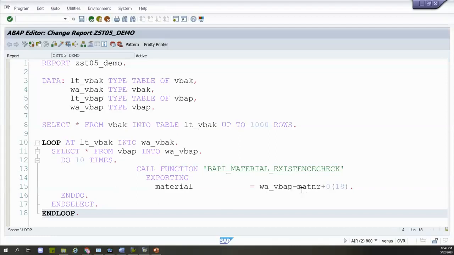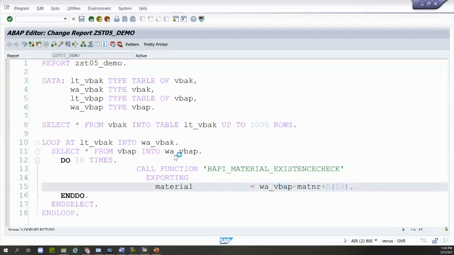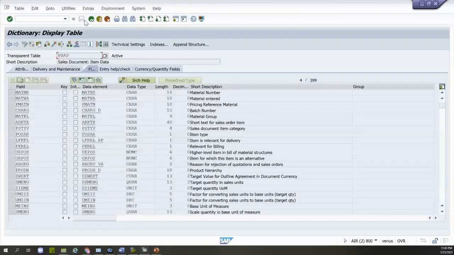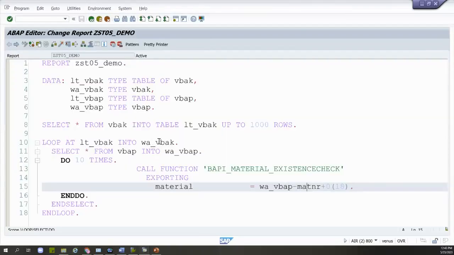So we are passing this WA VBAP material, and this is the offset values actually. Okay, so a material number can be of what I think. Let's check what is the character length of that one. So it will take the first 18 characters of the material number. So it is character 18. Okay, that's fine. So it will take the first 18 characters of that material,